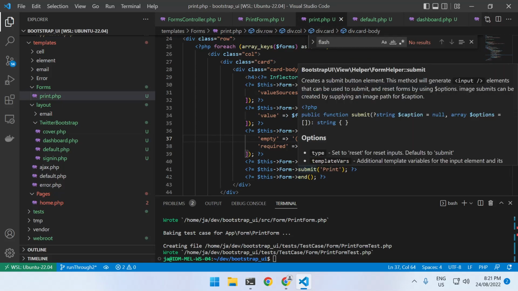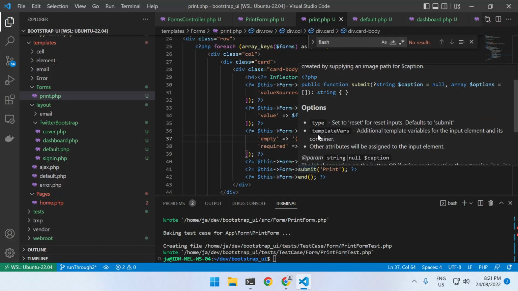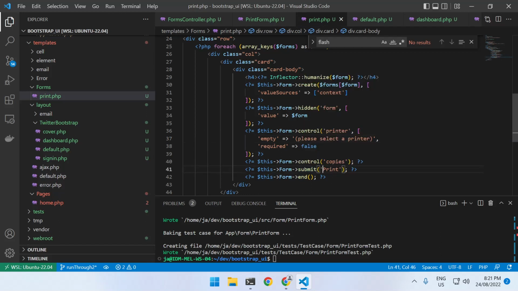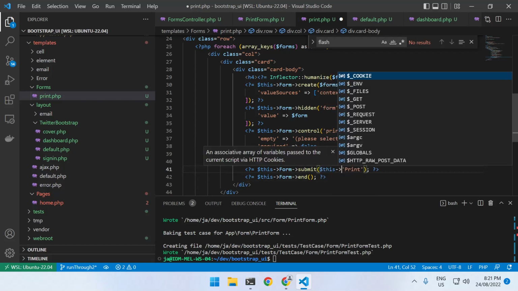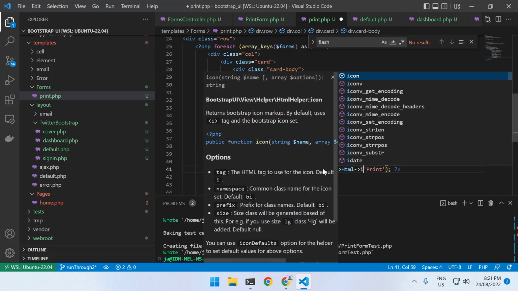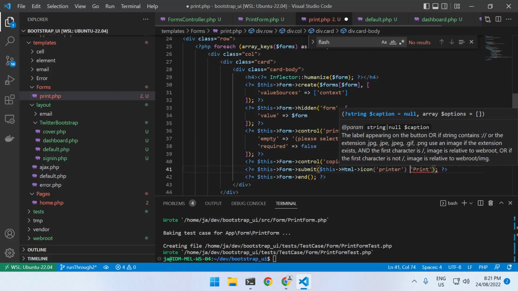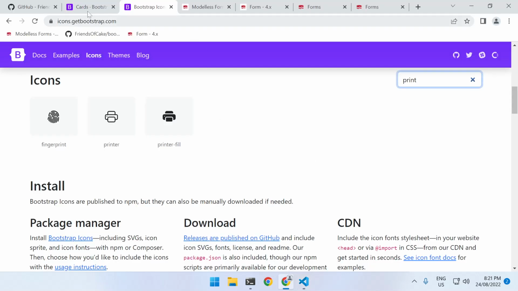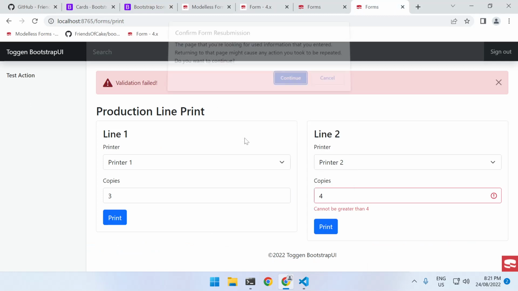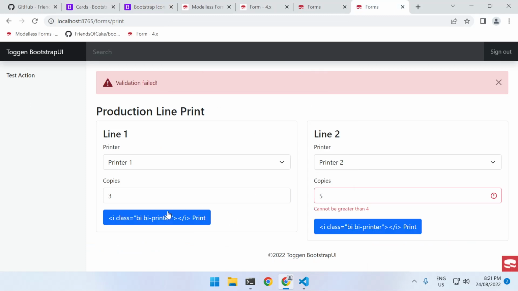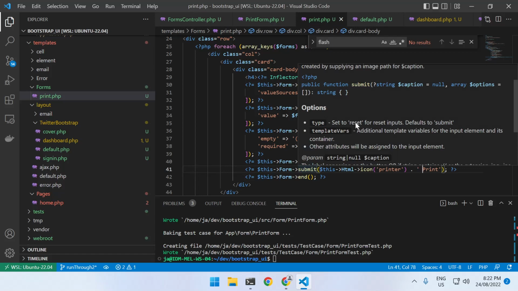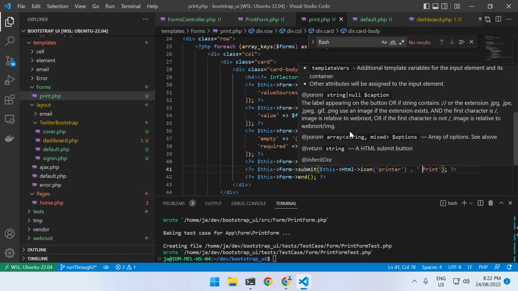Well, notice here when we have a look at this submit button, we can say this HTML and then pull in the icon method and then put in printer and then just concatenate that to there. But notice what happens when we reload. It gives us the escaped output, and unfortunately submit does not have the ability to